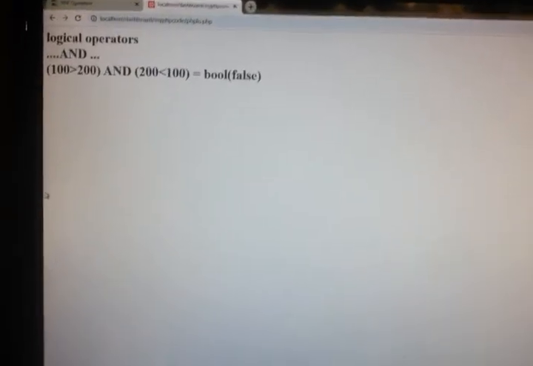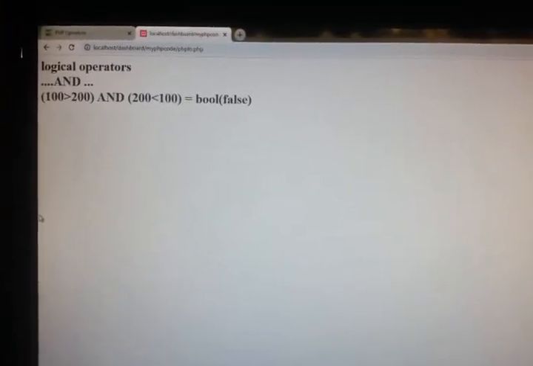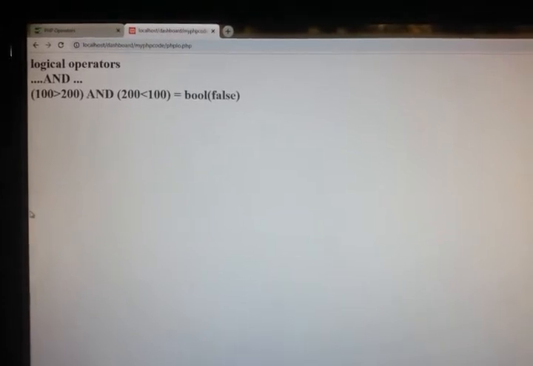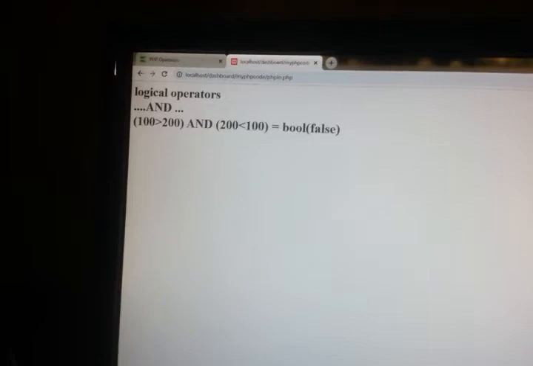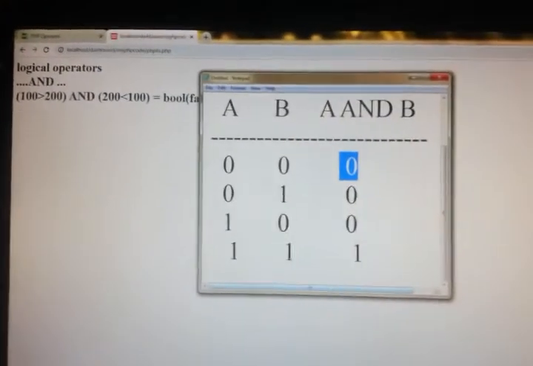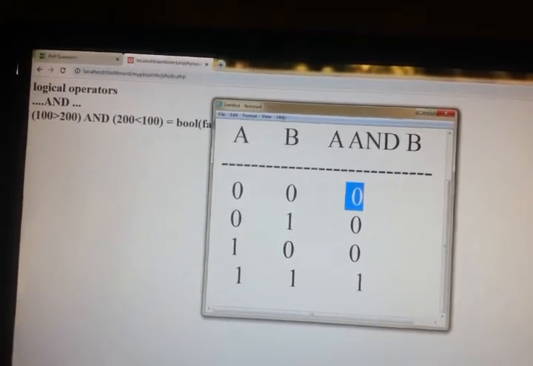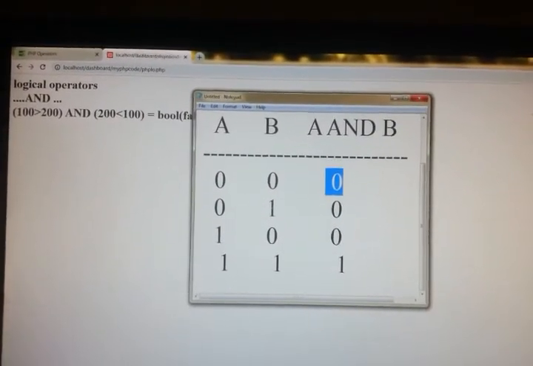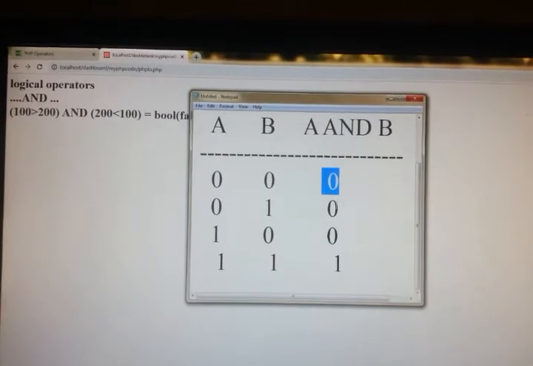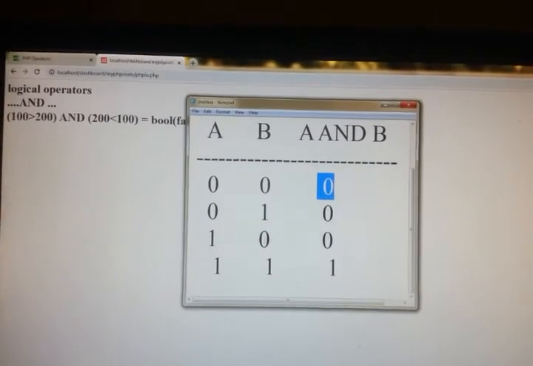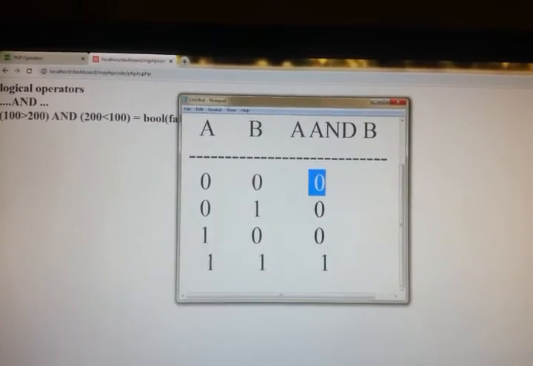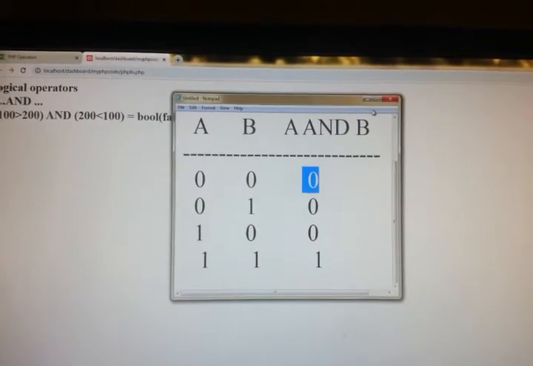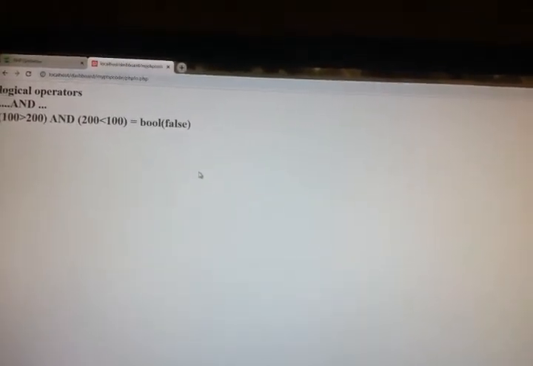Control S. It is a false. So if you talk about the truth table, 0 means false. False and false will give false, false and true will give false, true and false will give false, and true and true will give true. This is the truth table.